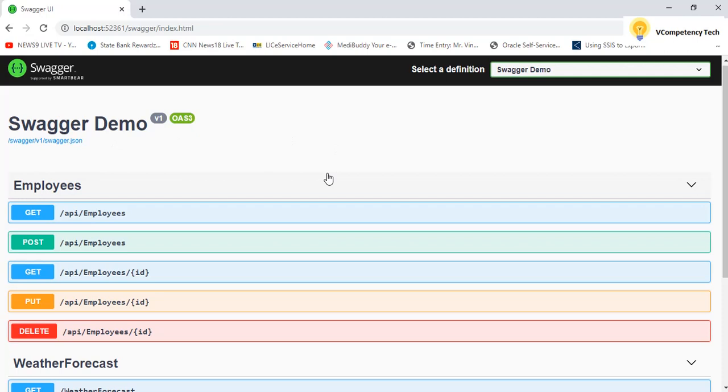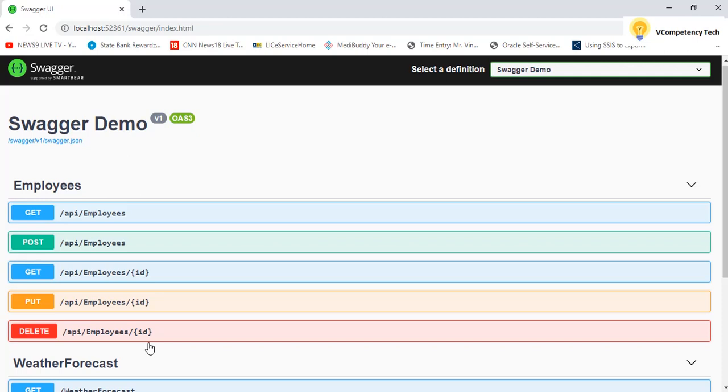Swagger integration with web API I'm not telling, because you can already see my tutorial where I have integrated Swagger with web API. So first you see that video, integrate it and run it. When it runs like this, all the action methods the web API has will display here. So here is a get, post, get, put, delete. So we have 1, 2, 3, 4, 5 action methods.